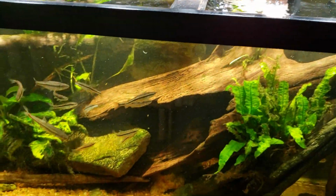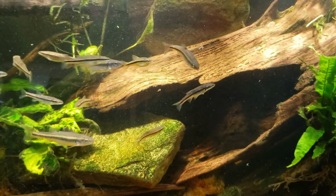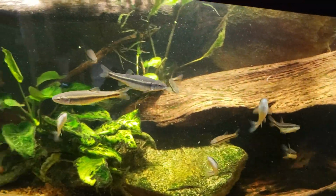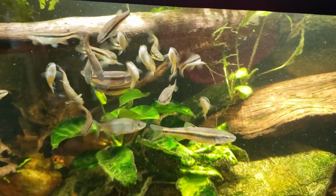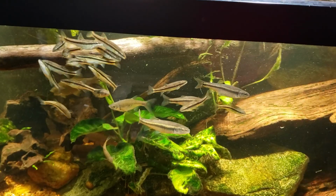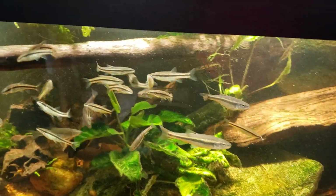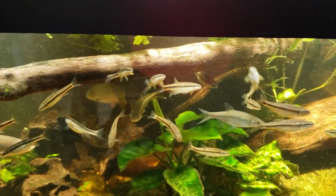The other thing I wanted to mention is I noticed the other day, if you'll remember when I collected my last batch of minnows for the season, I got a few creek chubs in there by accident, and you can clearly see the creek chubs are starting to outgrow all of their little companion fish in there. It's not going to be long before I start having larger and larger creek chubs and fewer of these little Notropis species. So what I think I'm going to do,